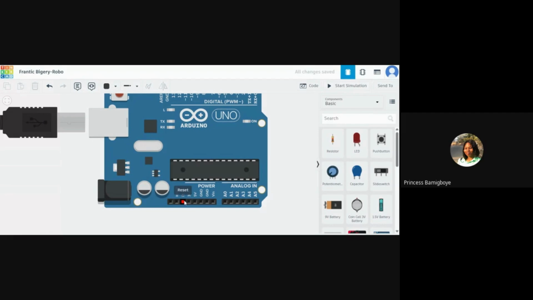Then this reset pin. This reset pin is for situations where you use it along with other pins, for when maybe your Arduino has a virus or is malfunctioning and you want to flash your Arduino. Like the way you flash your phones, you completely wipe the data on your phones. You can also do that for an Arduino, because at the end of the day, it's still like a small computer, even though it's a microcontroller, you can still flash it, you can still wipe the memory.